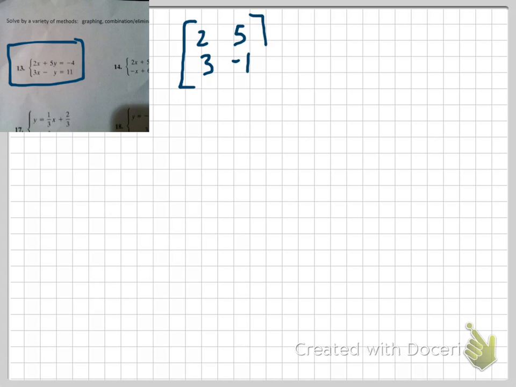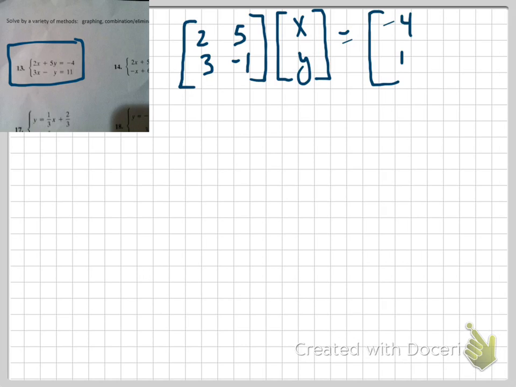So there are those coefficients. That's called the coefficient matrix. Then we write x, y, that's your variable matrix. And then we write your solution matrix. You'll notice that if I take these right now